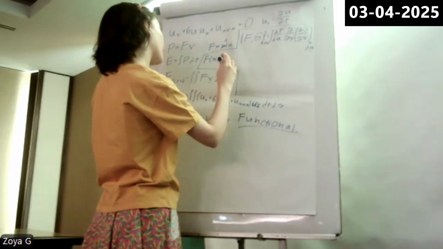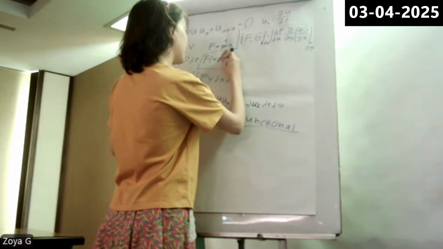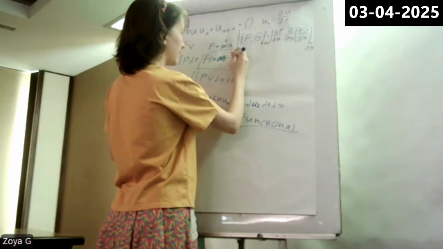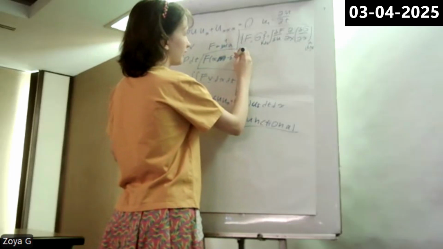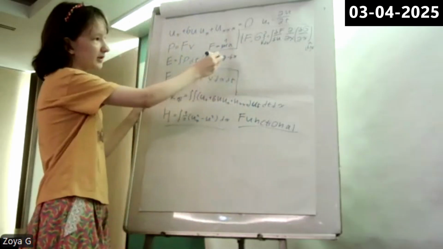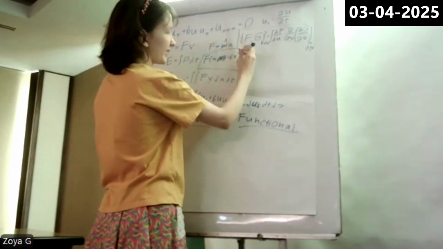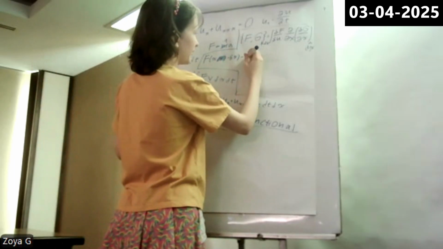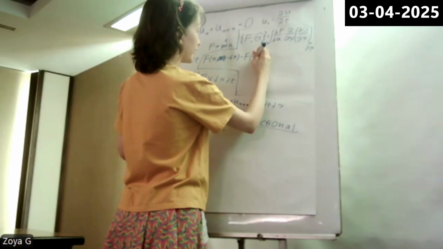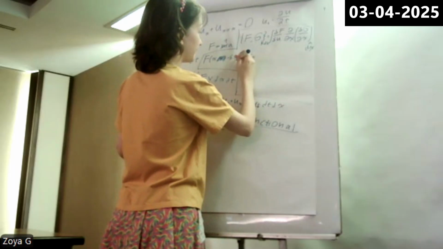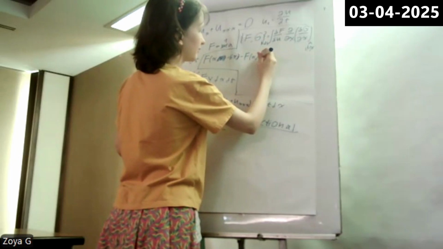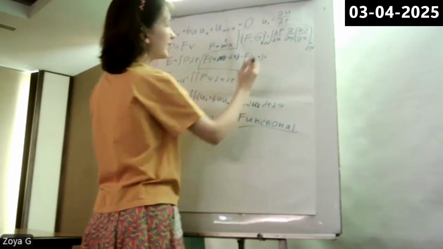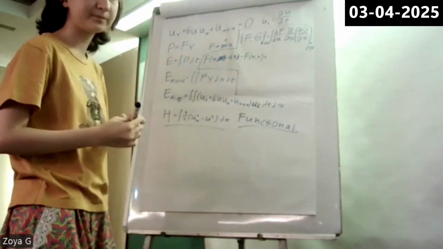This is wrong. No. So it's minus some small delta, some small var x, that's how I like to read it, minus f is equal to,